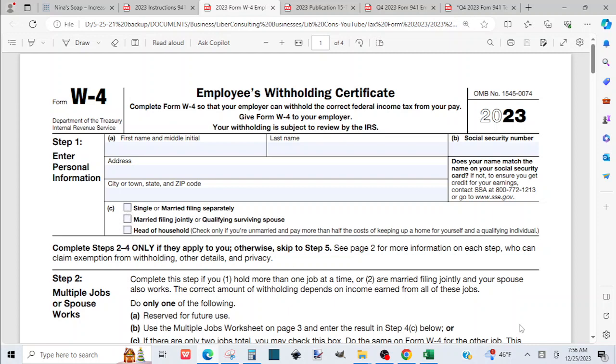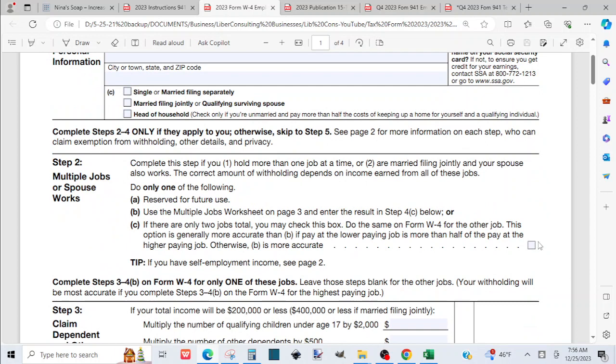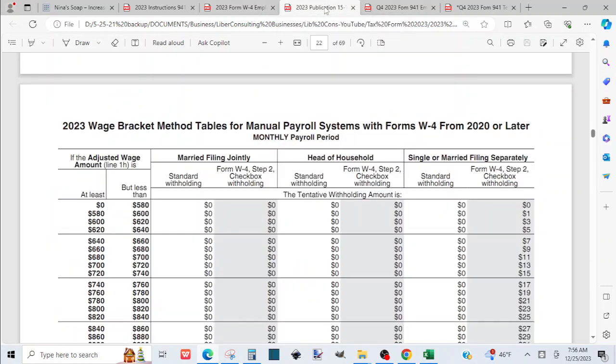So depending on what the person chooses there, and depending on whether the person checks the Step 2 box to be taxed at a higher level, that will determine how you withhold income tax on their wages. And then you can open the IRS's latest version of Publication 15-T,